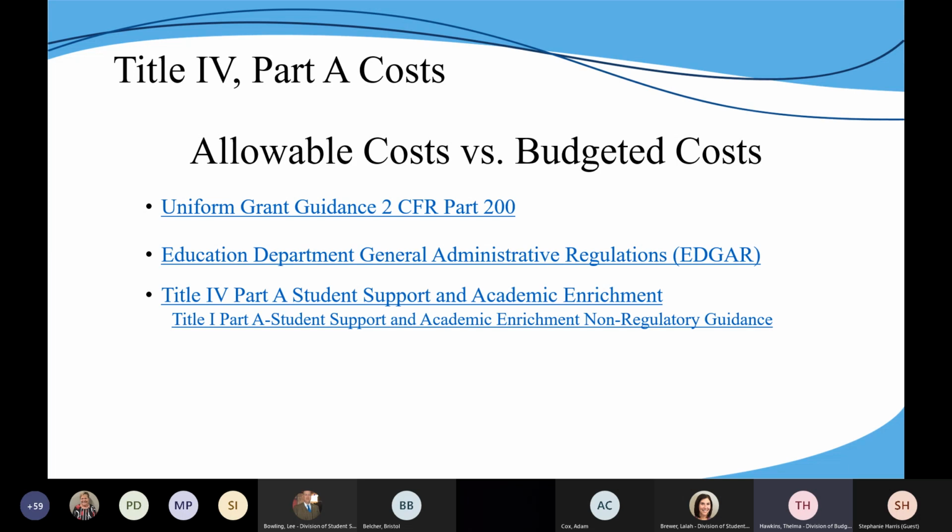guidance documents when we are looking at applications, reviewing budgets, and questions come in. If you have a question that comes into the program office, or it may come into the budget office, usually we're speaking hand in hand and keeping each other in the loop. So those are three guidance documents that we use to determine costs, but just keep in mind the allowable versus budgeted,